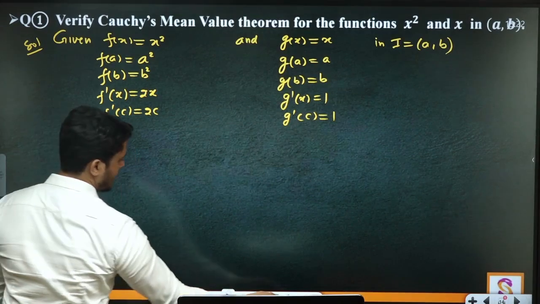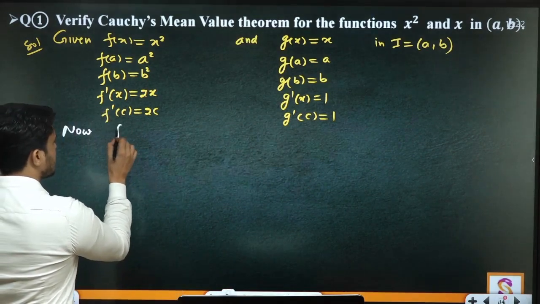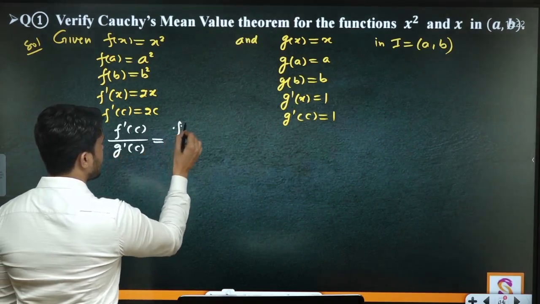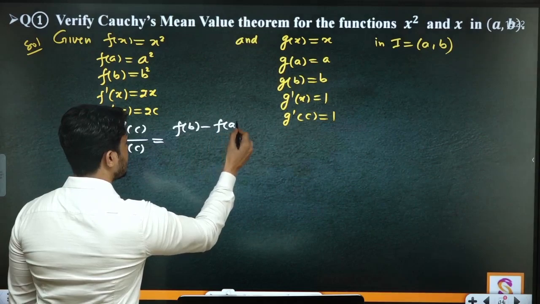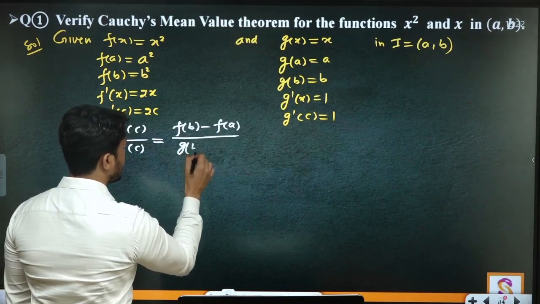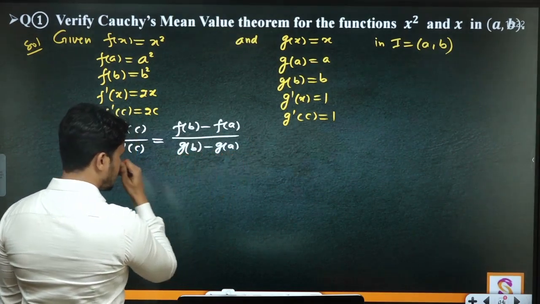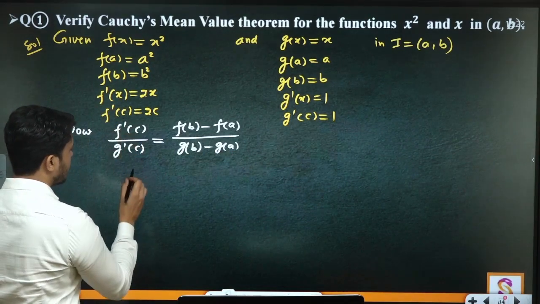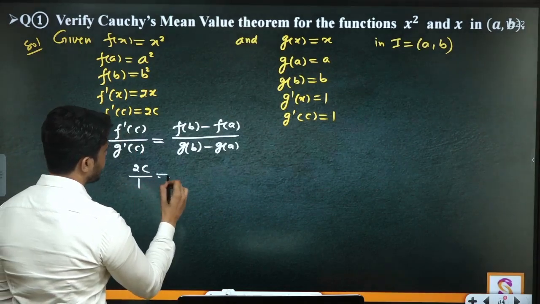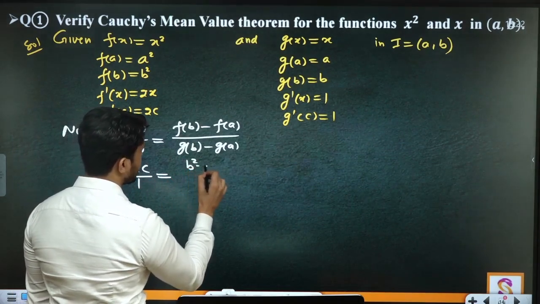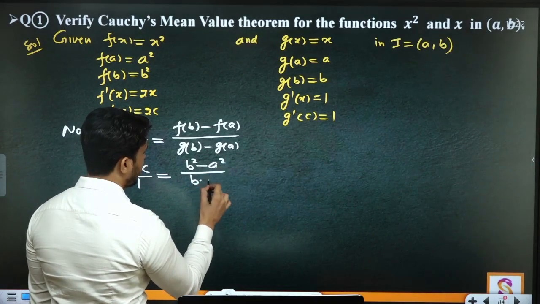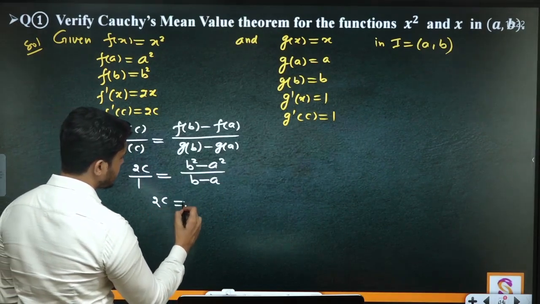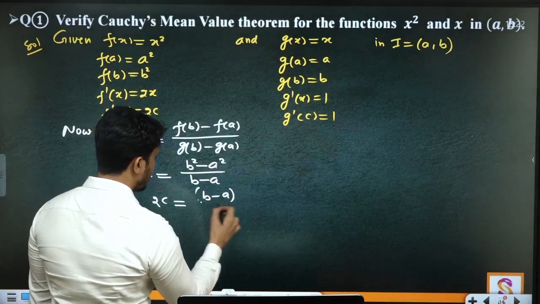applying, या ऐसे कह दो, now f dash c upon g dash c is equal to f(b) minus f(a) upon g(b) minus g(a). Now put the value here, 2c upon 1 is equal to बी स्क्वायर माइनस ए स्क्वायर अपॉन बी माइनस ए, लिख सकते हैं ऐसे। और 2c इक्वल बी माइनस ए इंटू बी प्लस ए